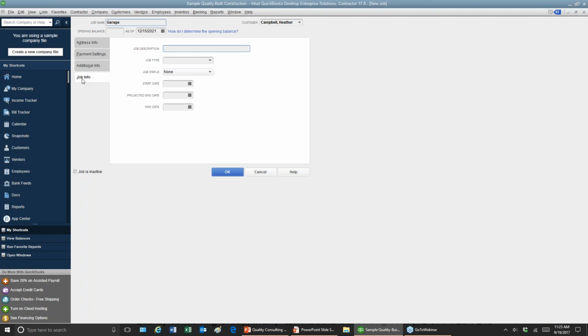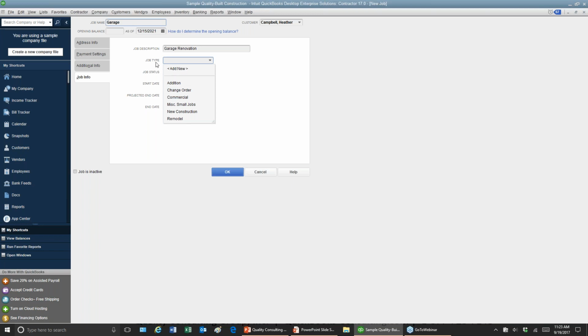You'll also have the job info tab, and I recommend using this. There are several different benefits, and I'll show that in the actual reporting. Let's just say this is the garage, and this is maybe a renovation, maybe it's an old garage. You also have the job type, which is something you can add hundreds and hundreds of.